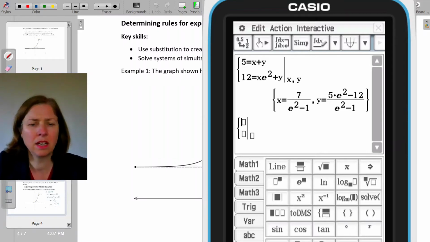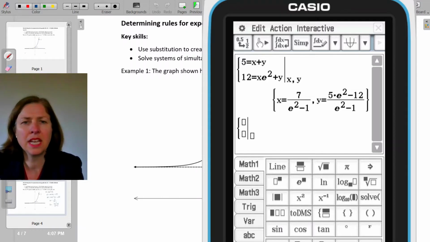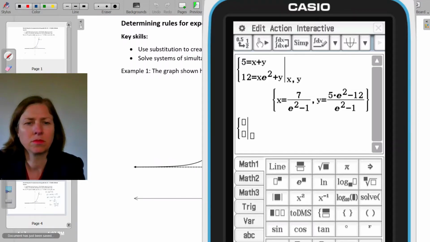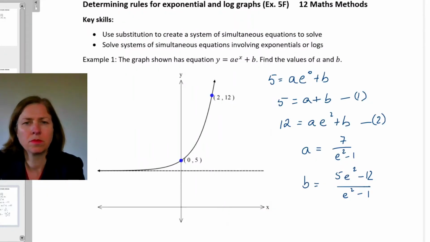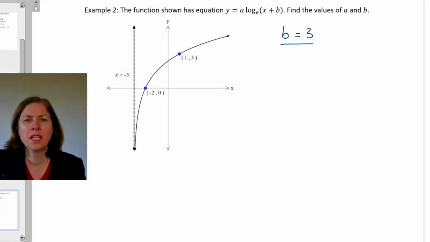Okay, so now let's go to the next example. My next example is a logarithmic function y equals a times log base e of x plus b, and I need to find the values of a and b. Now I've already jotted down that b equals 3